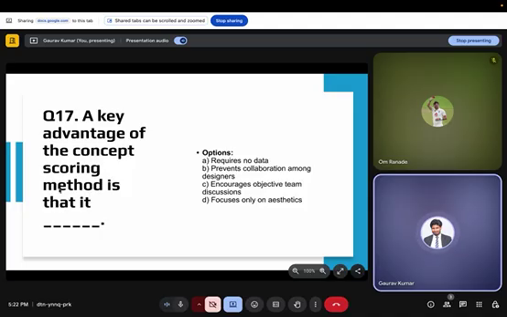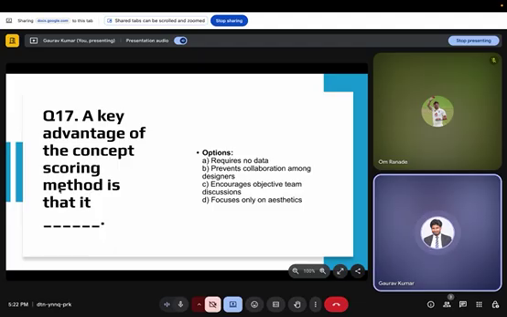Option A, requiring no data, negates the data-driven foundation of scoring. Option B, preventing collaboration, contradicts the cooperative nature of design, while option D focuses only on aesthetics, trivializing its multidisciplinary scope. Hence option C alone